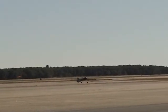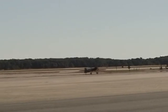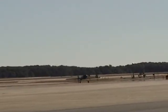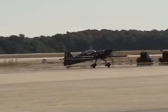And here comes Rob. He's taxiing down toward the crowd. And it didn't take you 5 hours to get here. It could have taken you 5 hours to get here and to get it. I figured. I'll just...